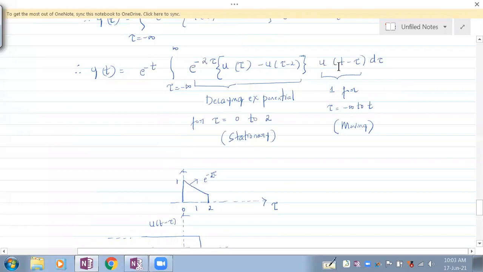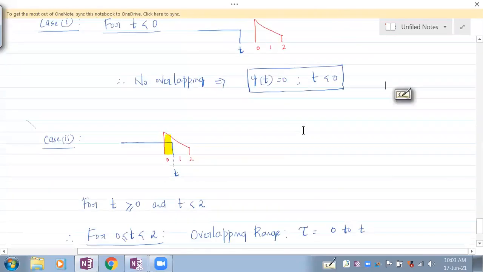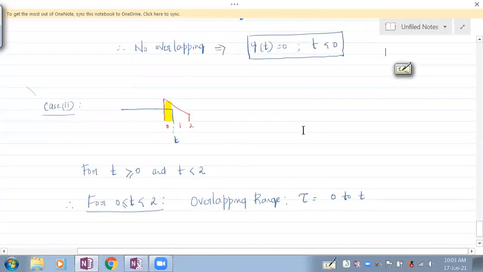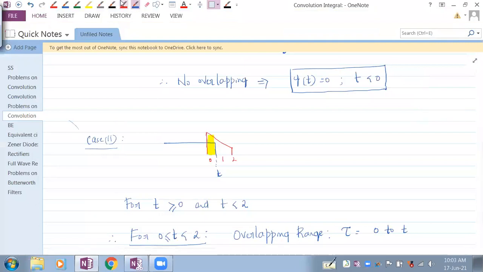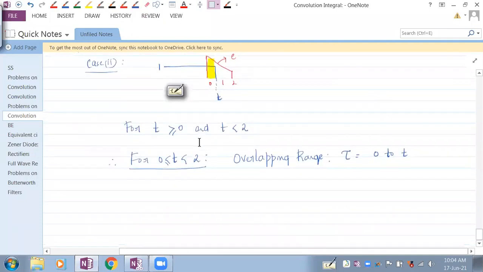This would be 1 and this would also be 1. Or you can just see here in the overlapping range what's happening. What is this red signal? The red signal is e power minus 2 tau. And this blue signal is 1. This is just 1. Understand that? So in that overlapping range, it is e power minus 2 tau into 1. So therefore,